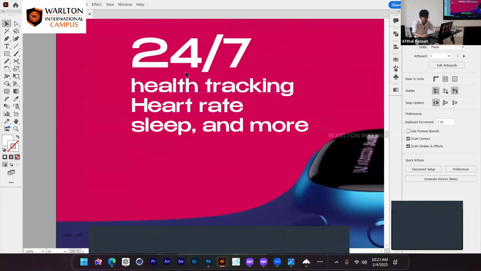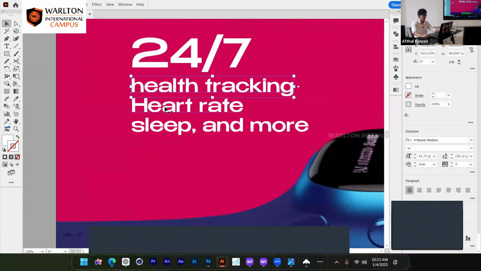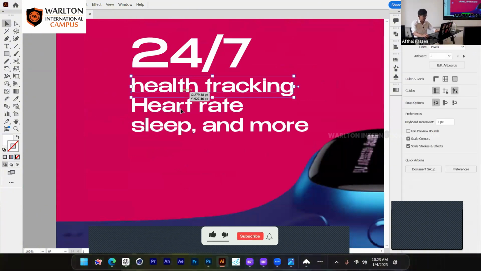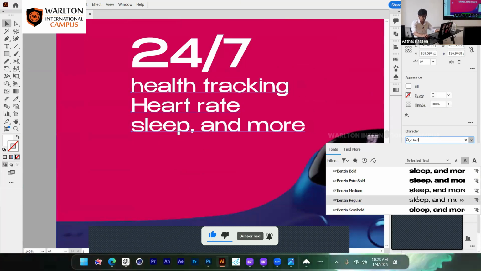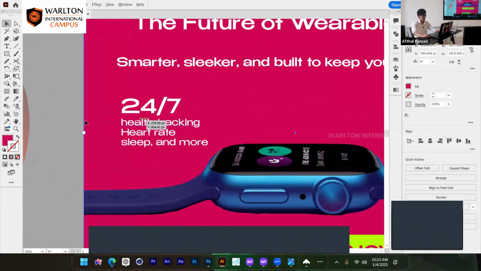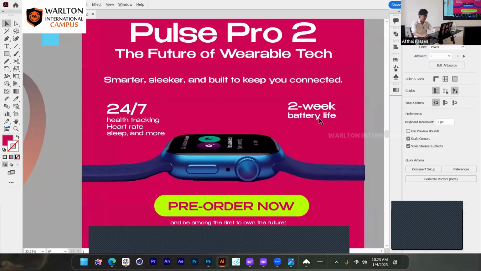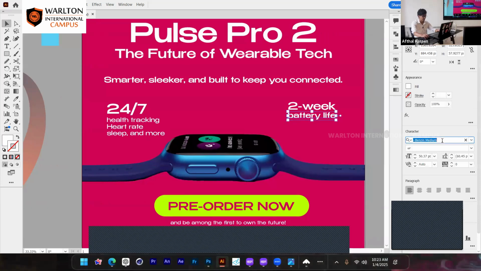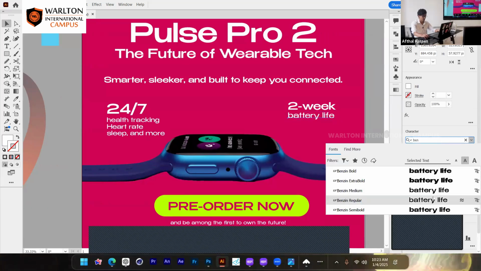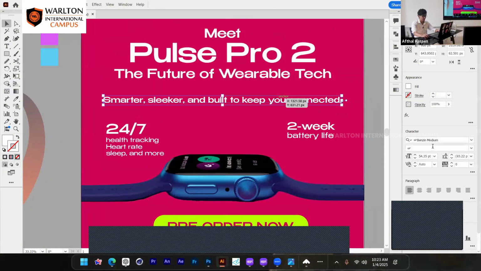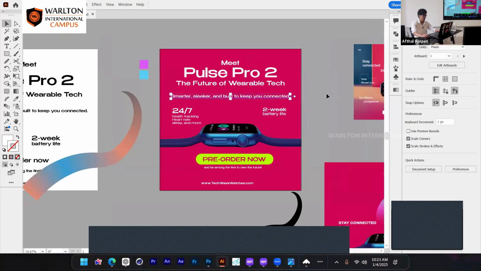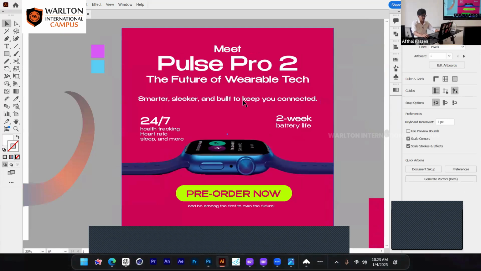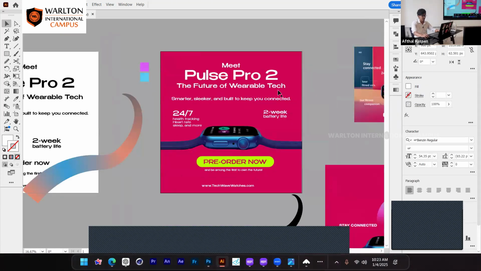If I had typed them to be in the same line, that would have been great too. Anyway, I'll select them separately and go for regular. Unfortunately, on this font there is not much difference. So for this battery life, I will go for medium too. For this one, medium is already selected. I think this can be not so bold. In this case, I have to completely change the font for this. The reason is